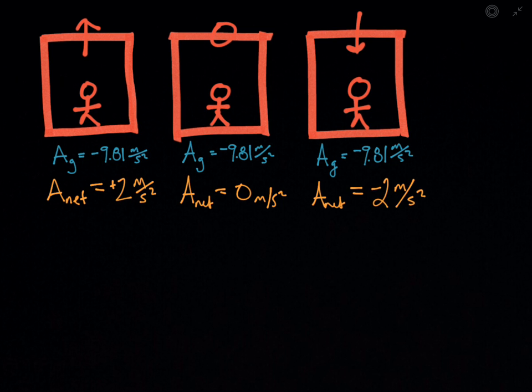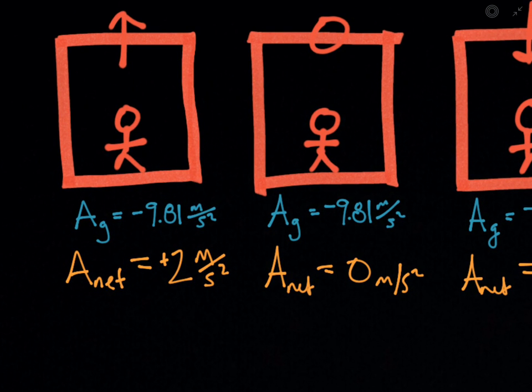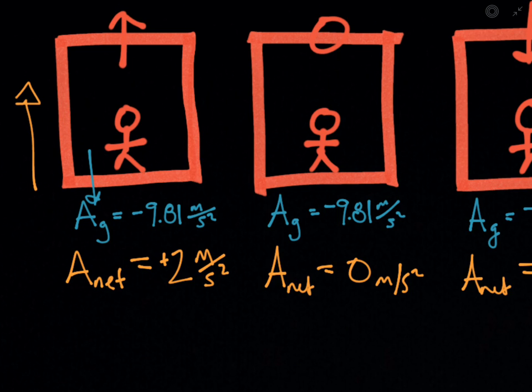So I think we can start by looking at the first one. We have the acceleration due to gravity, which is negative 9.81 meters per second squared. That's acting on this person in the downward direction, but the net acceleration of the whole entity, maybe this is blue, going downwards, this is acceleration due to gravity, but the entire thing is moving upwards at 2 meters per second squared. So there must be this normal force that's pushing that body and resisting that negative 9.81 meters per second squared motion. And we'll put it in white, and we're going to say maybe it's this motion, right? So that the sum of the blue and the white vectors are going to equal